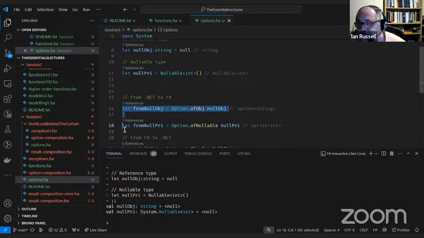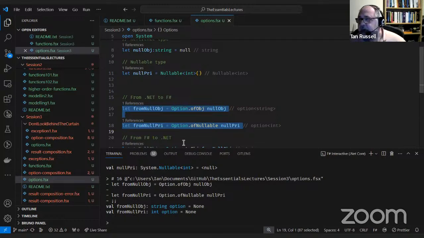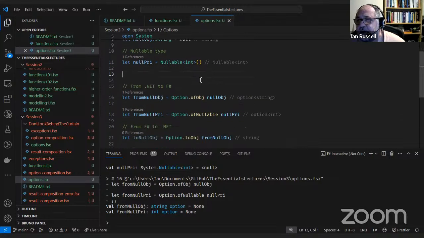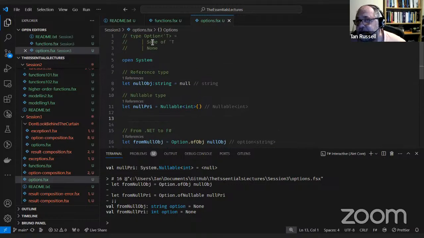So if I run those two, they both come out as none. So nulls get converted to none, and if it was non-null, it would be converted to sum and whatever the value is that was passed in. So if it's a nullable int and we passed in 5, what you'd end up with is sum 5.